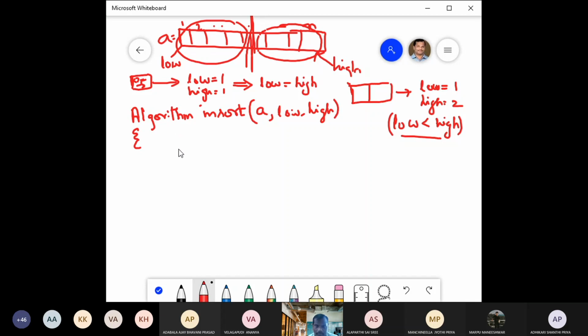Now what we will do is we apply merge sort procedure only if low is less than high, because at least two elements are there in the list. So you write if low is less than high. So what is the first step? You have to divide the list. So for dividing the list, you take mid equal to the middle element, low plus high by 2. So first find out the mid.